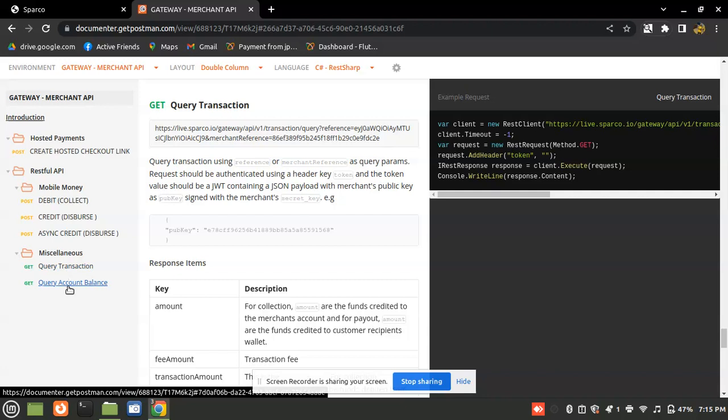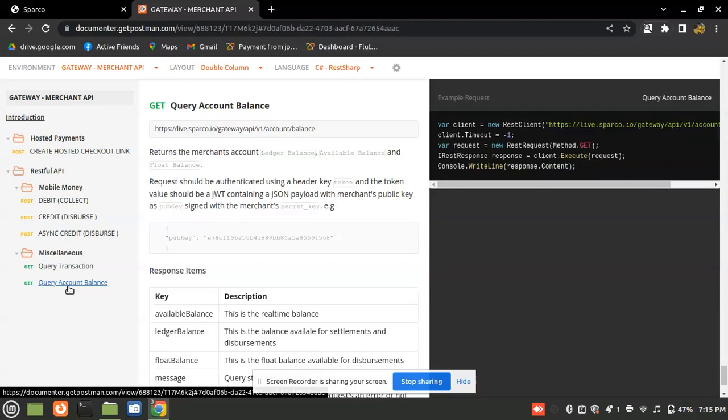Well, we are going to have a look at all of these in the next series. So query account balance. If you'd like to check your Sparkle payments account balance from the API, let's say you're doing it for the client, and then you'd like to be checking from